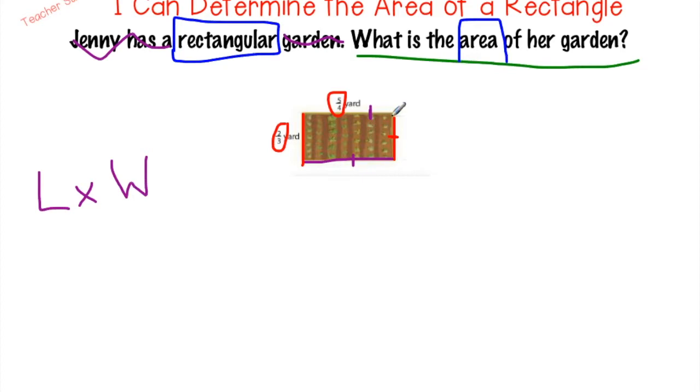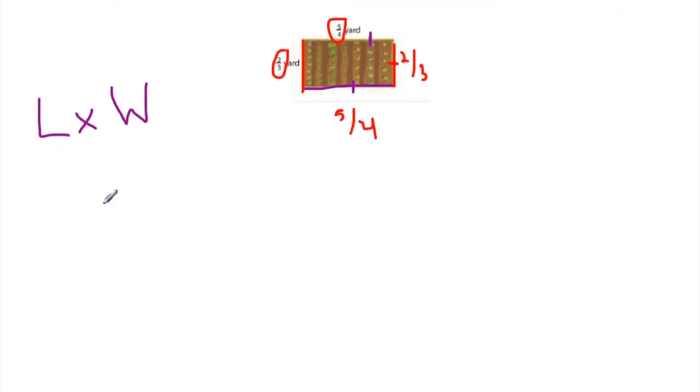So essentially, if you hadn't noticed the pattern, you could add up all four of these sides because you know that this side is 2/3 and this side is 5/4. You could essentially, if you wanted to, add up all four sides to determine your area. However, you can also just multiply the two sides that are given to you. So I'm going to rewrite the equation down here. We have 5/4